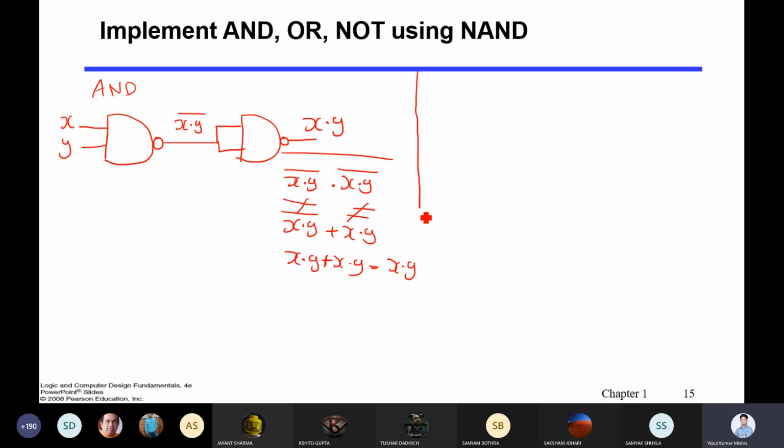Now let me talk about the NOT gate. How did the plus sign come? The plus sign came when you break the bar on top of it, so the dot is converted into the plus sign. Is there a special law for this?